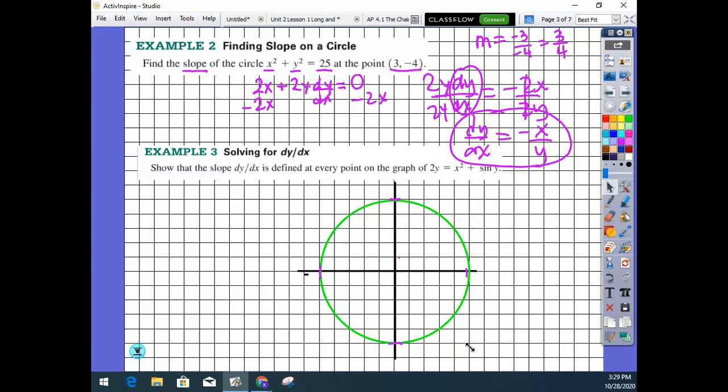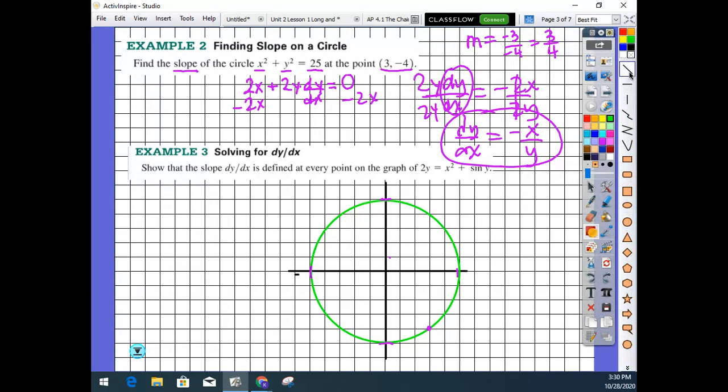That's not too bad. Okay, so this is saying at the point 3, -4, right here, if we were to draw a tangent line,